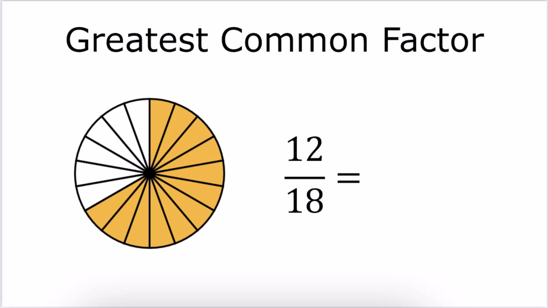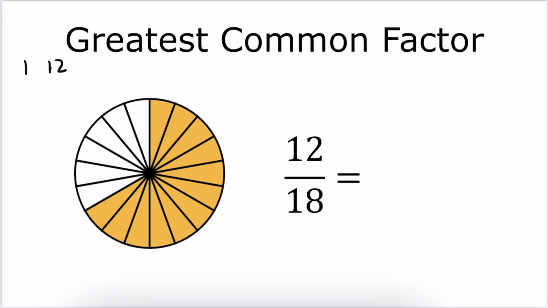Because you can divide by 2 or 3 or 6 when you're reducing this fraction, but it's more efficient to divide by the number 6. And the way that you find that number is by finding the greatest common factor of the numerator and the denominator. So if we list out all of the factors of the number 12, we know that 1 times 12